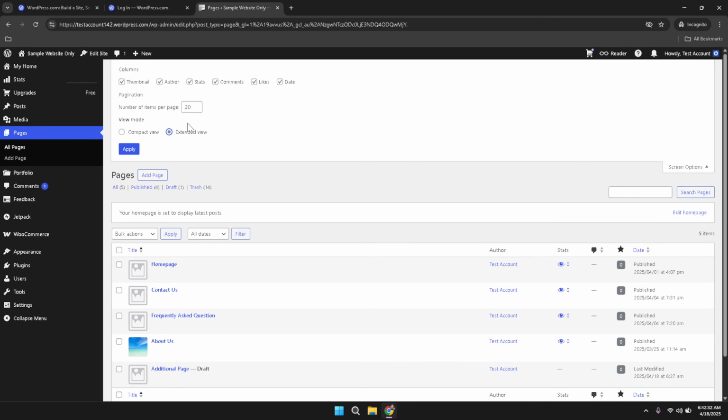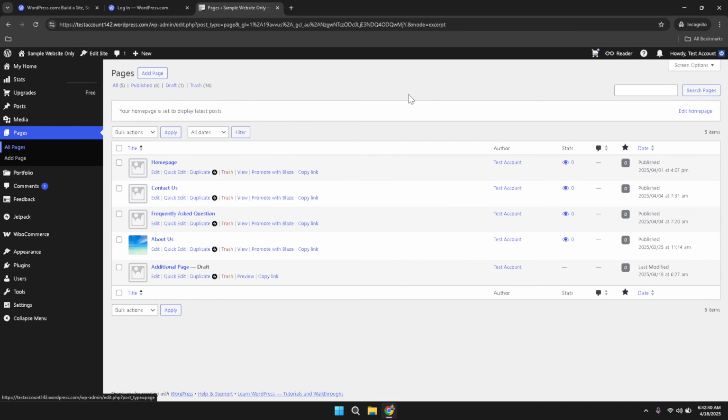Once you have located the Extended View option within the Screen Options overlay, simply click on it to select that setting. To confirm your changes and apply the new layout mode, you must then click on the Apply button. Clicking Apply finalizes your selection and refreshes the page's listing so that the extended view is now active. You will immediately notice that your pages list now includes enhanced details and additional functionality designed to improve your workflow